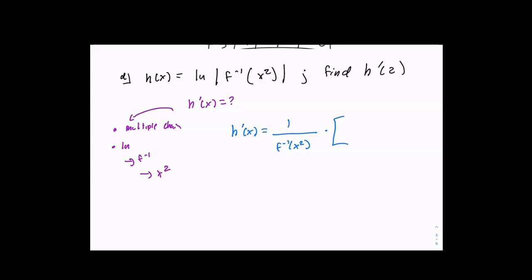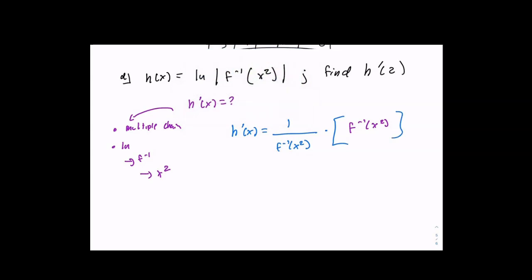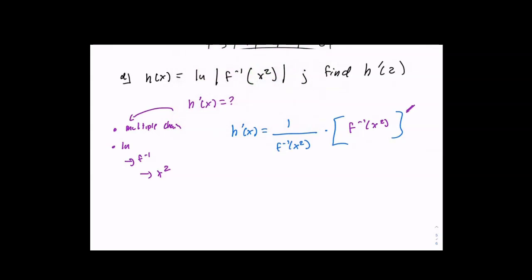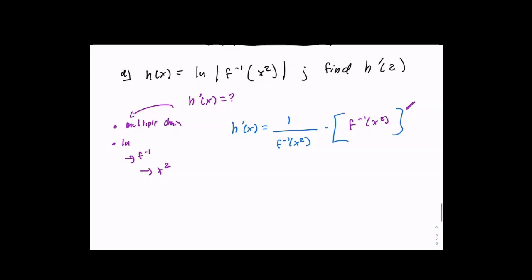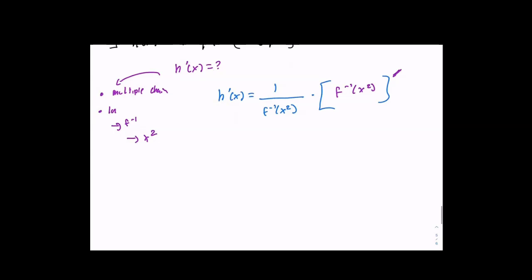For notes purposes, I like to do it like this. You need to find the derivative of that. So 1 over the baby times the derivative of the baby. So now that gives me h prime of x equals 1 over the inverse f of x squared times